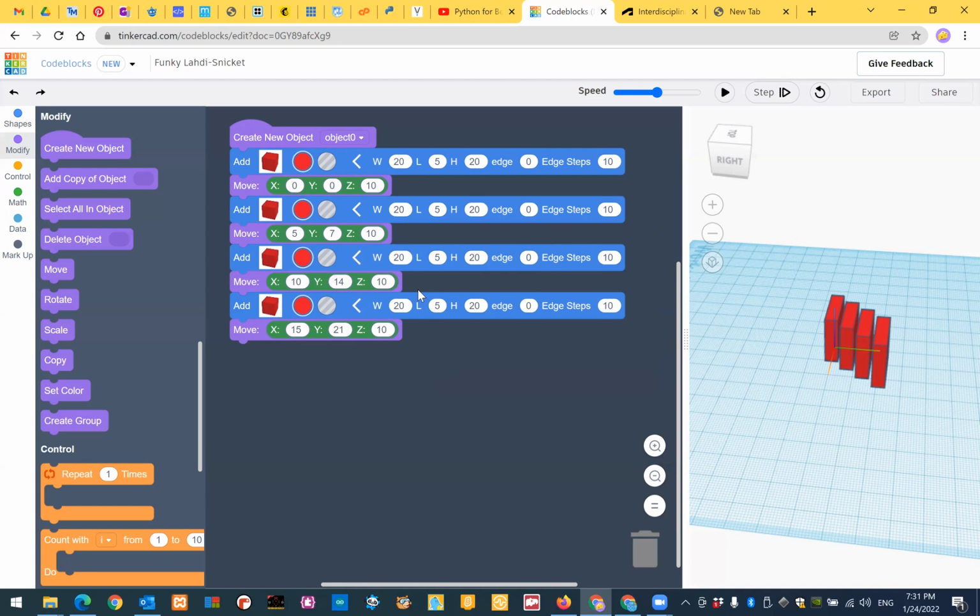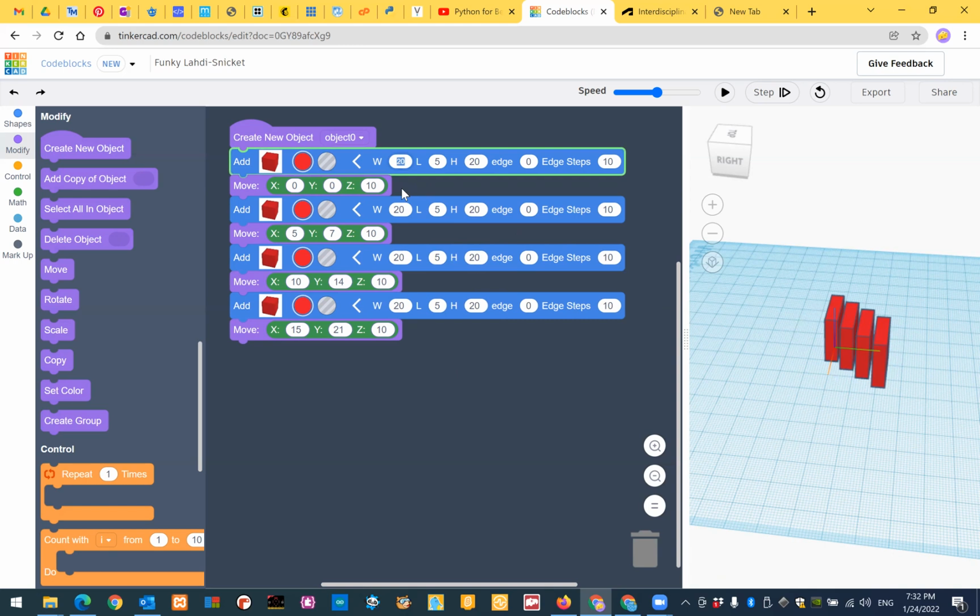Maybe you are asking yourself, why am I using CodeBlock, not the 3D design? Here in CodeBlock, the programming concept is dominant more than the manual design. So in case you want to change your program or your shape, you can do it by working on the coding blocks, not by moving them manually. So imagine that I want to transform this shape to stairs. All I have to do is